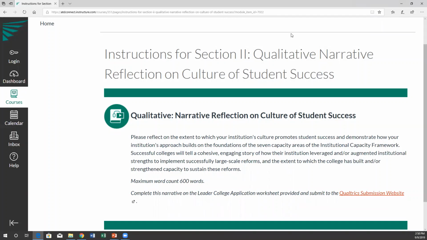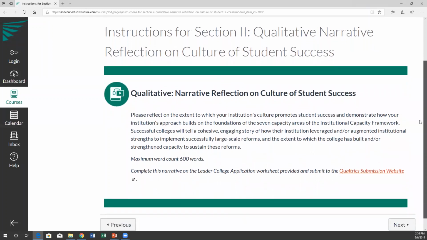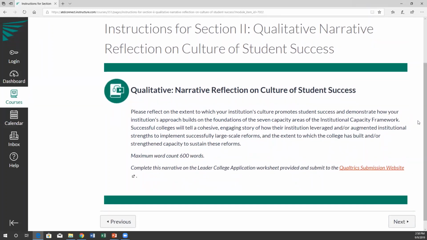We are looking for a cohesive, engaging story of how your institution leveraged and/or augmented institutional strengths to implement large-scale student success reforms, and the extent to which the college has built and strengthened capacities to sustain those reforms. This reflection narrative should also be completed on the Leader College application downloadable worksheet.